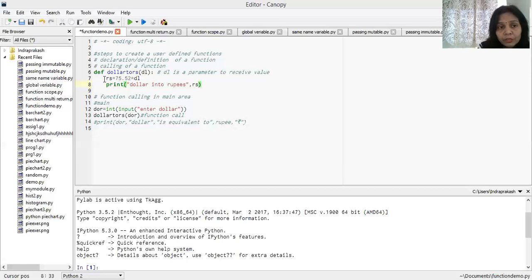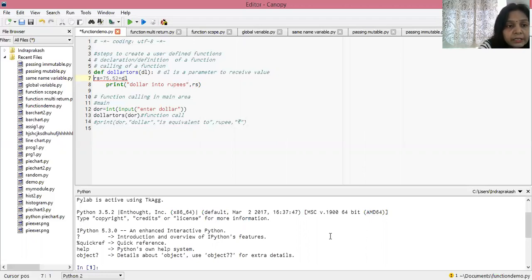If you do not follow the indentation, the statement will not be included inside the function body, right? Suppose I have given this statement like this. That means this statement is an open statement, and it is not included inside the function, right? And it is also giving the red line error.